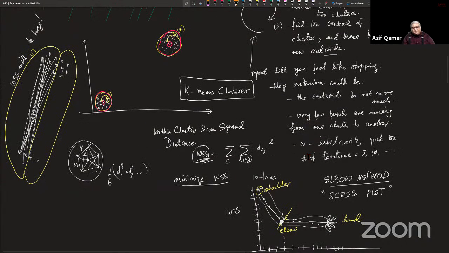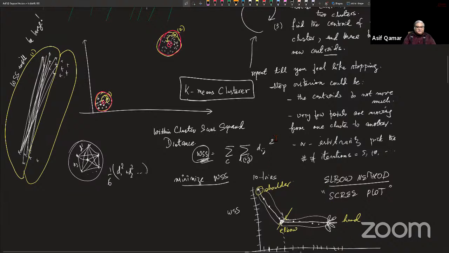K-means clustering is very popular. It is often used at huge industrial scale. For example, people apply it to huge social graphs and things like that at big data scales. So it is perhaps the most widely used clustering algorithm,